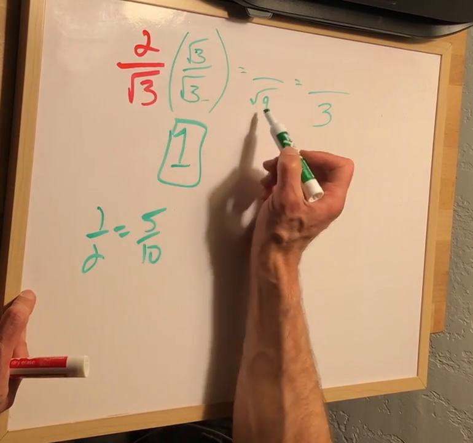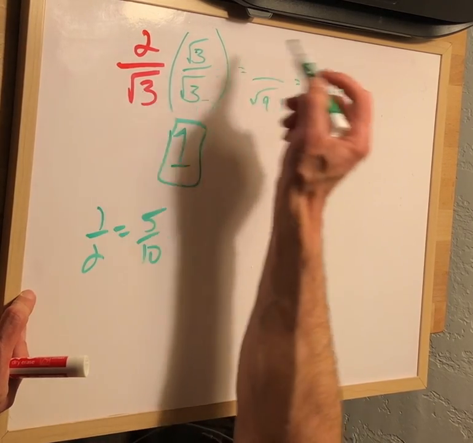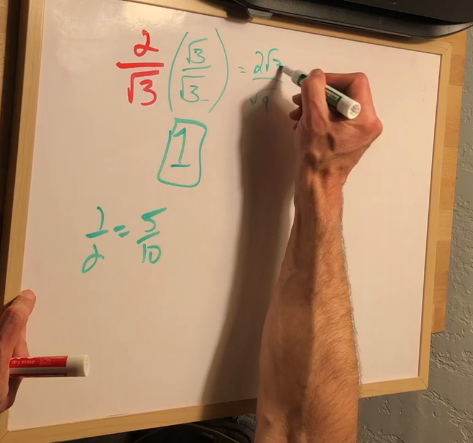root 3 times root 3 is square root of 9, square root of 9 is 3. But I have to multiply the top. 2 times root 3 is 2 root 3. So